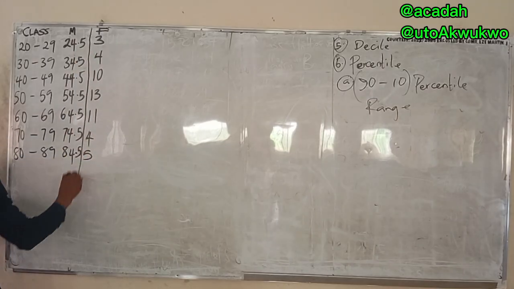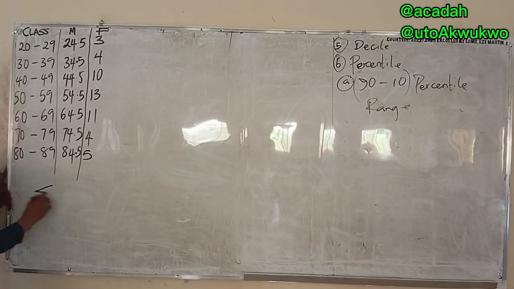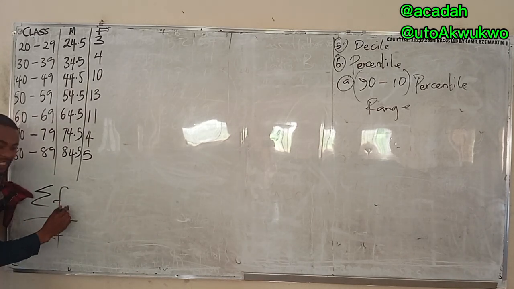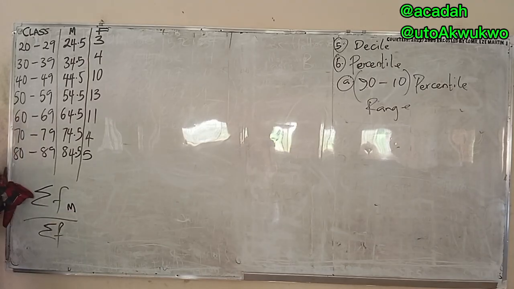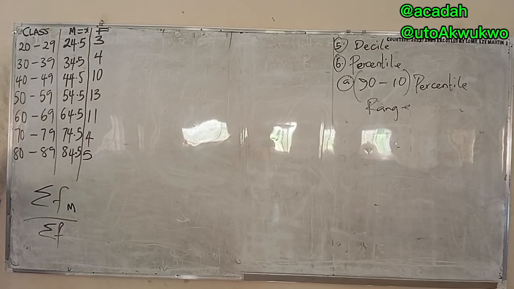So this is how to go about it. For any grouped data, you must always find the class mark. And that's it. They said that if you finish, we should do the summation of FX over the summation of F. The X in this, when it's grouped, is the same as M. So note that. Remember we said that this M is the same as X. My method is, if it's ungrouped, use X. If it's grouped, know that it's M. Even though mathematics puts all of it as X, knowing this basic is something you should remember.